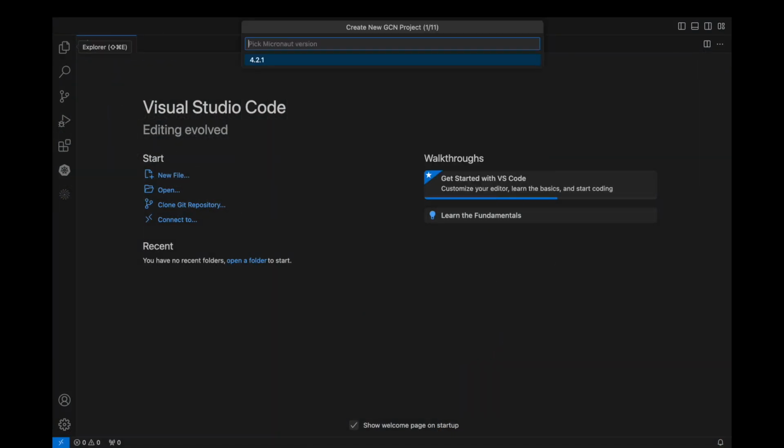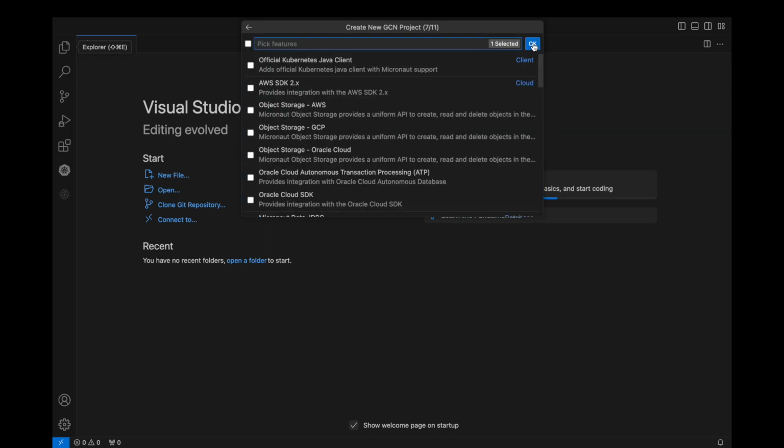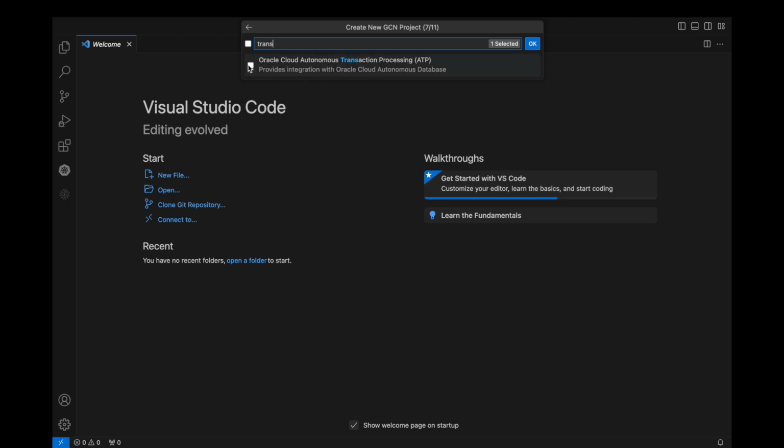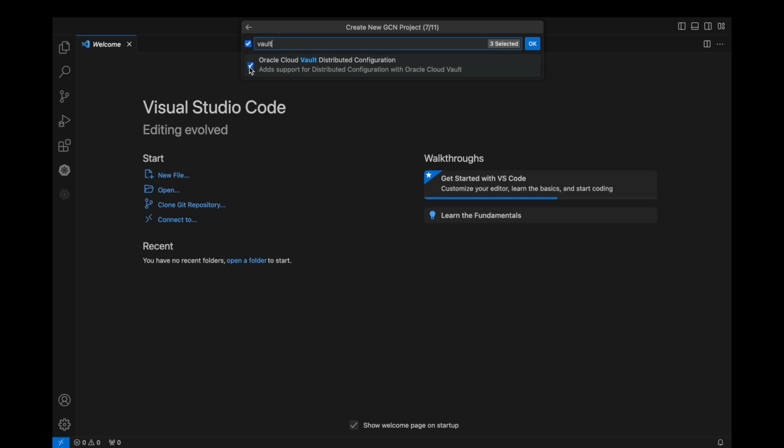First, we need to create a new GCN project. Select application as project type, use some reasonable name for the project. Select database service and Oracle Transaction Processing, as well as OCI Vault features.